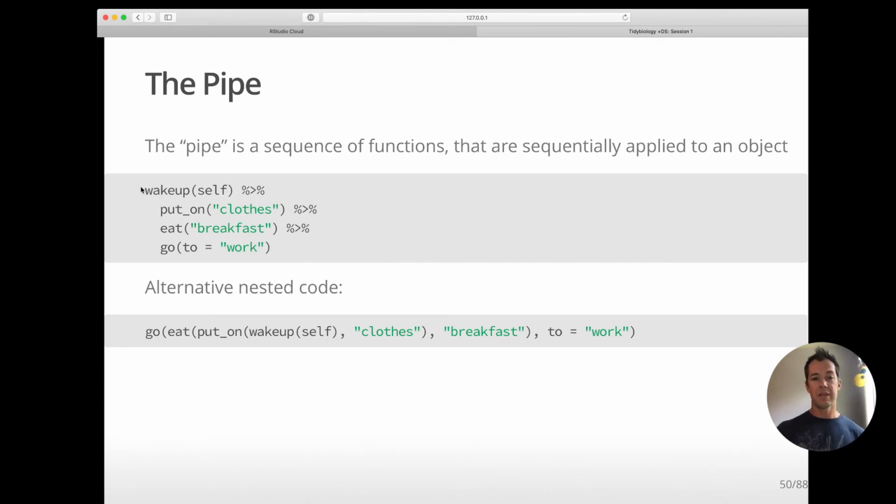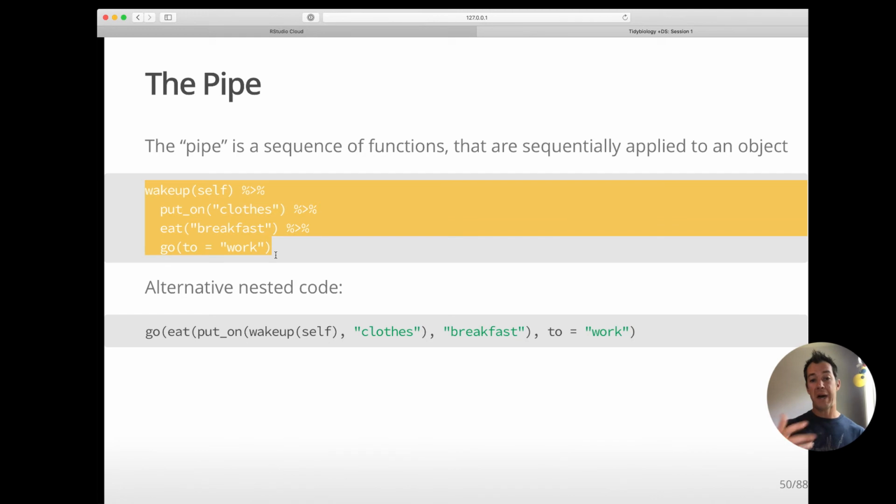So if we look at this first sort of piped code, we can read it easily. We wake up, we put on clothes, we eat breakfast, and we go to work. With this other one, it's not as intuitive. We could say we go, eat, put on, wake up, self, close, breakfast, to work. So